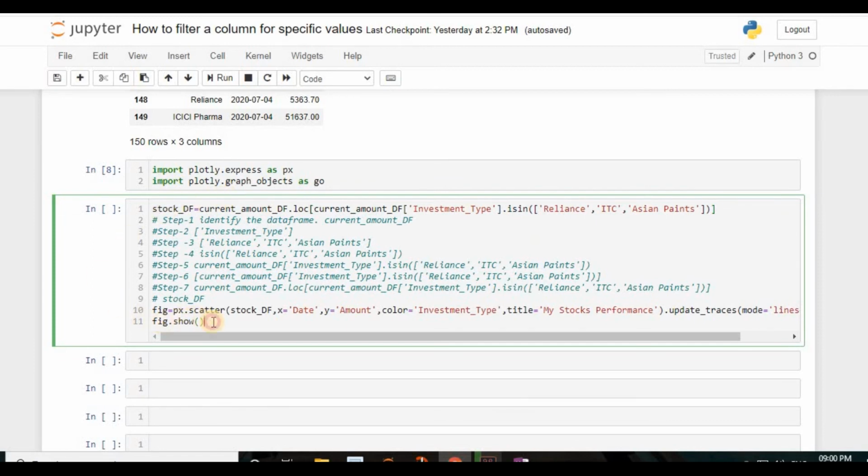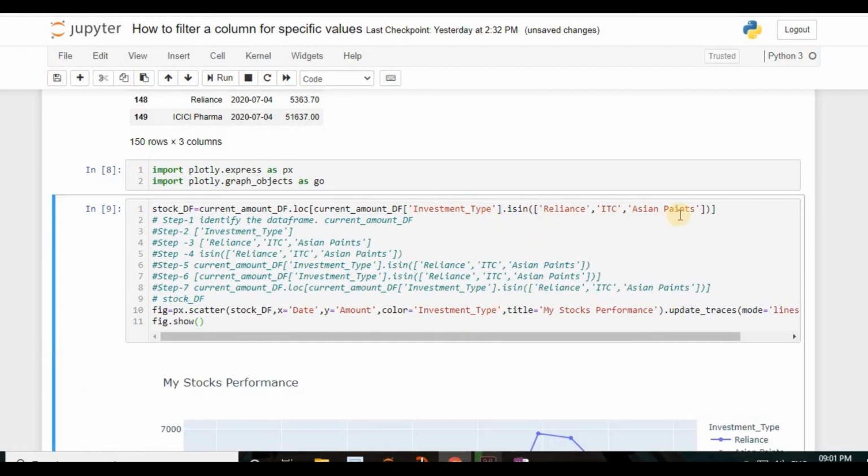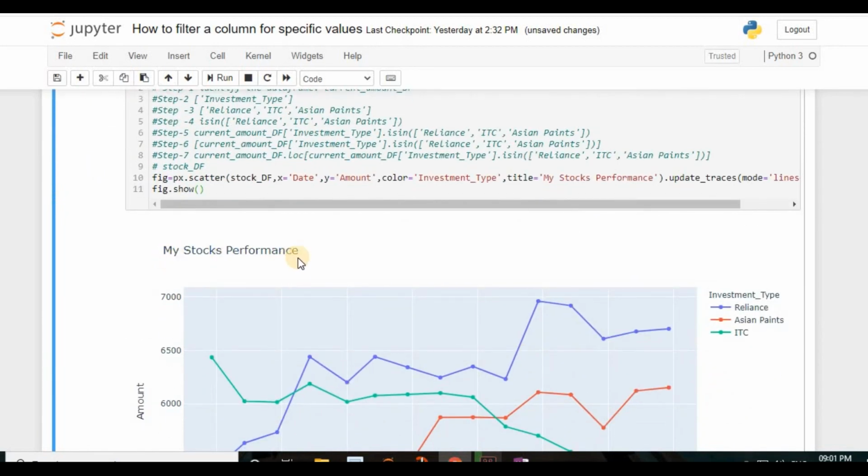And after completion of this execution, it will show the line graph which is going to be created by our Python. So in my Python I just explained how to draw a line graph: stock underscore df I want, and then in the x-axis what I want, date, based on the date, and in the y-axis I want only amount, and color is investment type. Based on the investment type means these are the investment type parameters. Based on this my color is going to change, and I have given a name to this graph because we have to draw so many things, so we know the titles also.